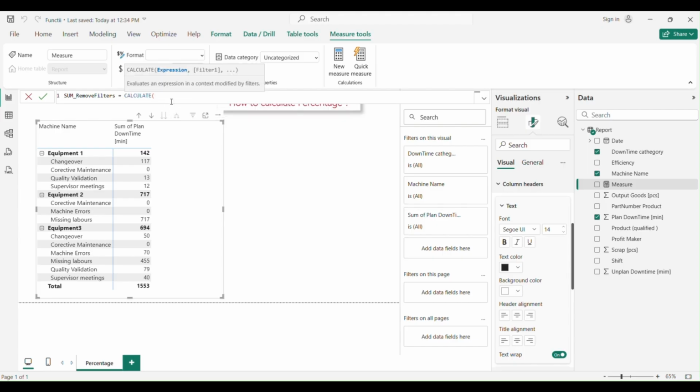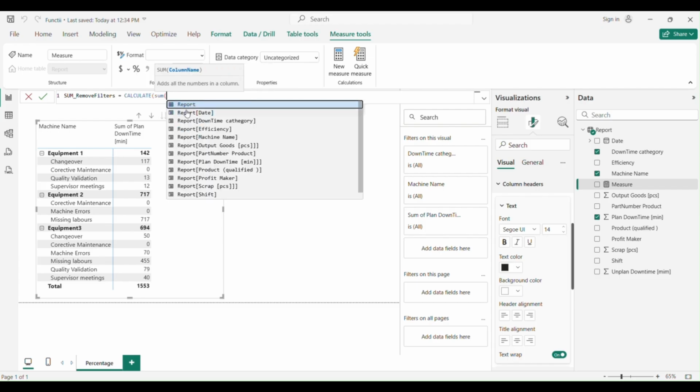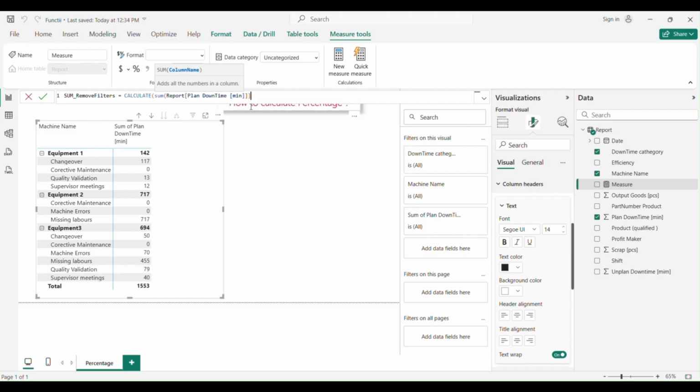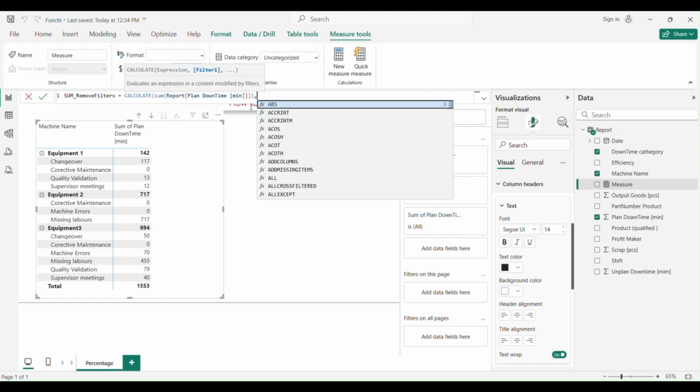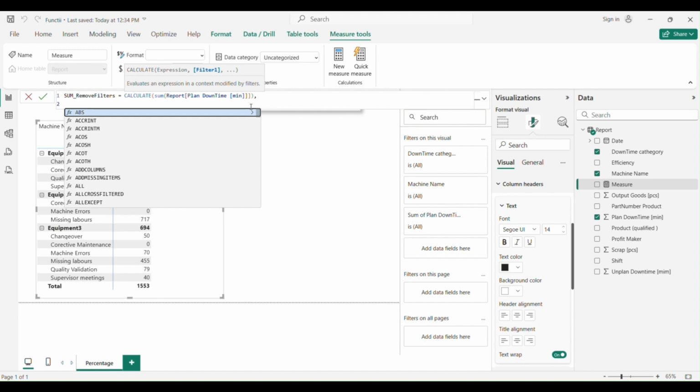We need to add an expression, and we'll say SUM of report downtime planned, here, planned downtime. Close parenthesis, and now comma, shift enter.